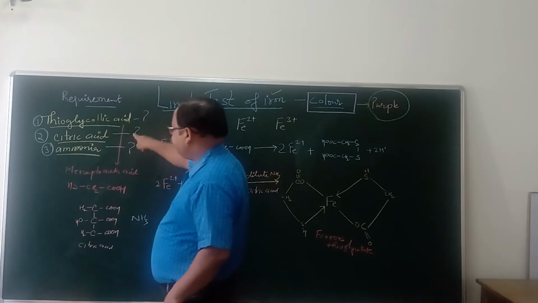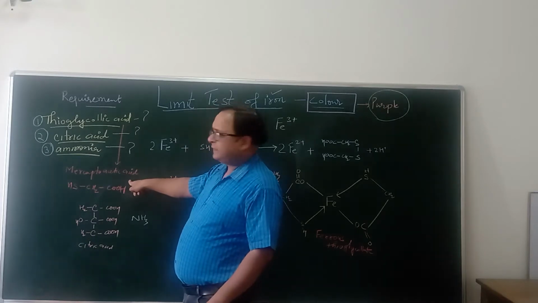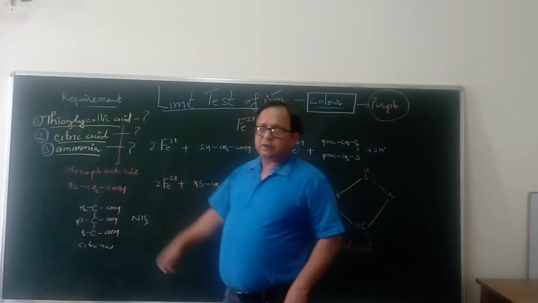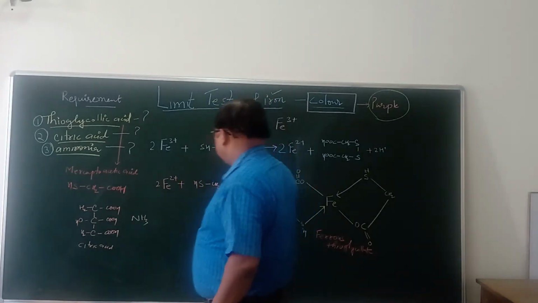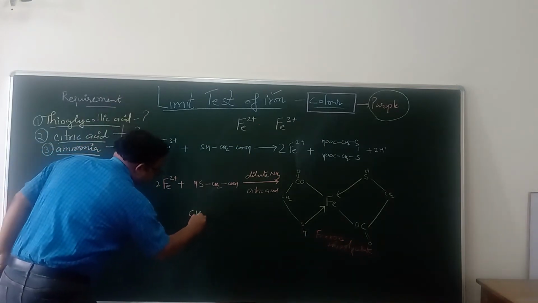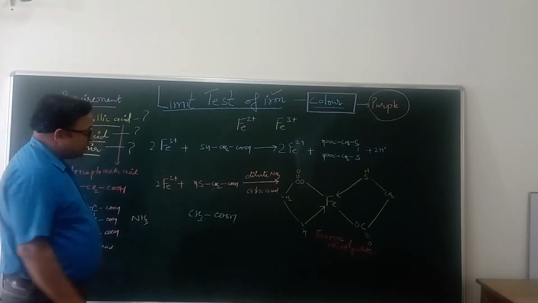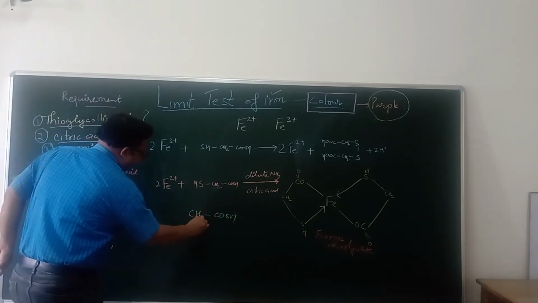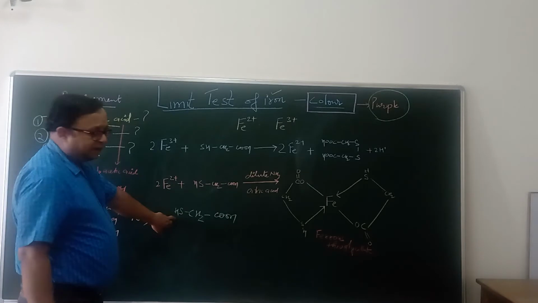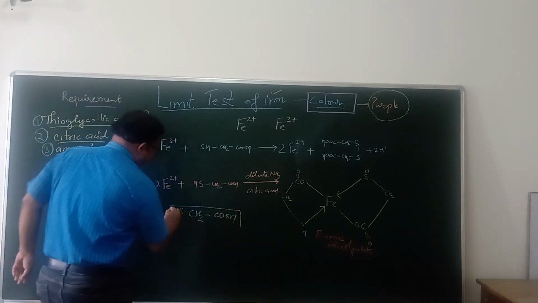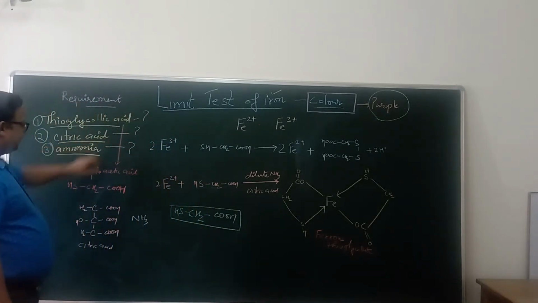So first of all, the structures. You can see the structure of mercaptoacetic acid. Why am I using the word mercaptoacetic acid? Because this is the synonym of thioglycolic acid. So first of all, recall the structure of thioglycolic acid. I am drawing it here. This is the structure of acetic acid. If I replace one of its hydrogens with a thiol group, it becomes mercaptoacetic acid, and this is the structure of thioglycolic acid.